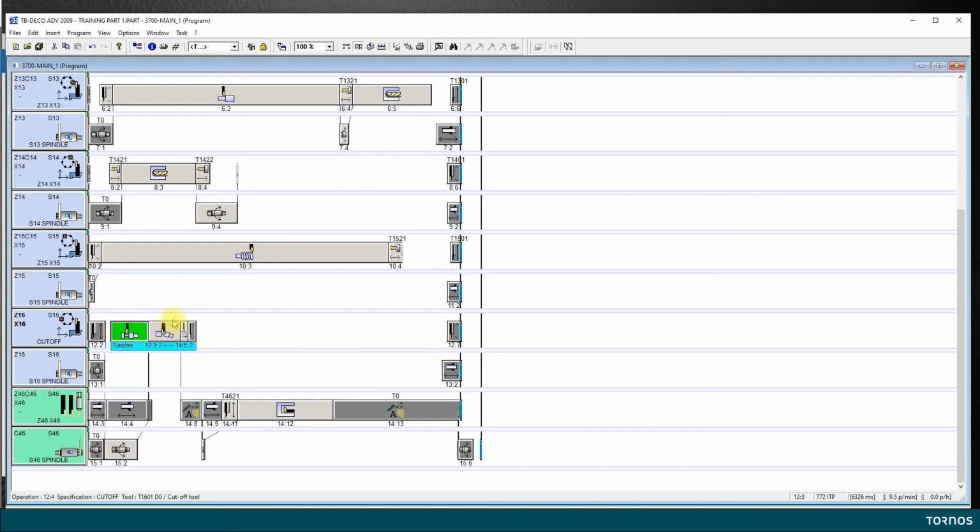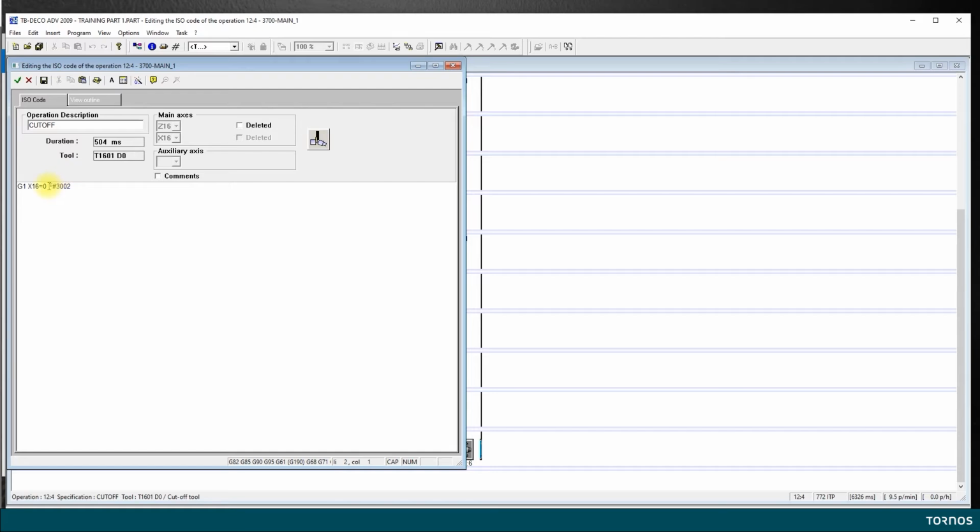It's better. Now let's see the actual cutoff. I double click and open, and I see that my cutoff tool goes all the way to 0 before I remove my part. It's not necessary because I have a through hole in my part, diameter 4. So I could simply go down to 3.5 millimeters.